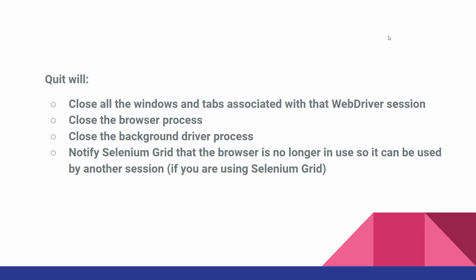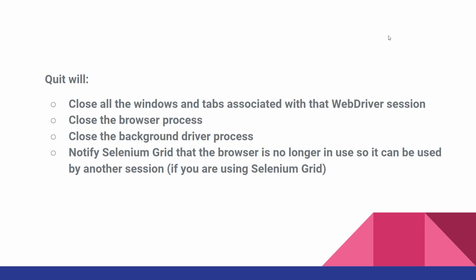So when you are done with the execution and you don't have any further steps to execute for that particular script, then you can call the quit method so that it will close everything and it will terminate the background processes as well. But when you are working with multiple windows or tabs, and you want to close any particular browser window or tab where you don't have any further steps, then you can call the close method on that particular